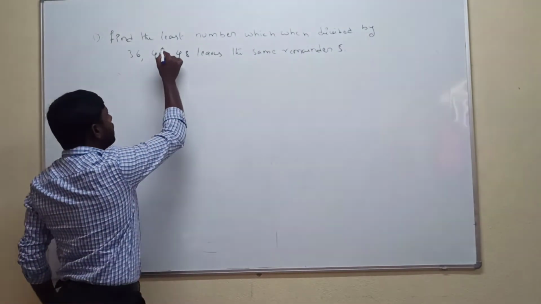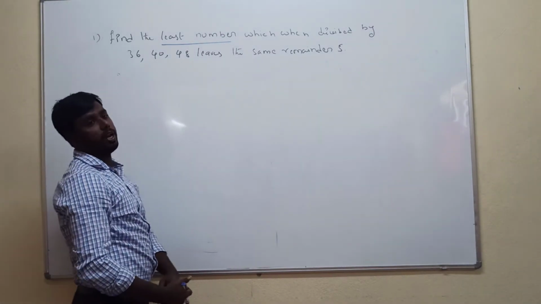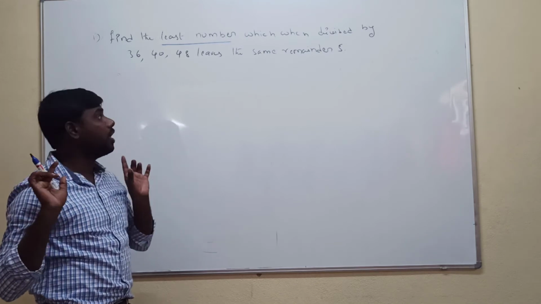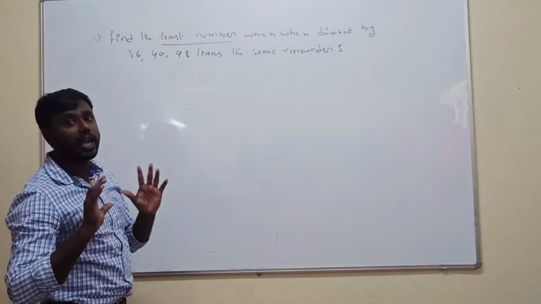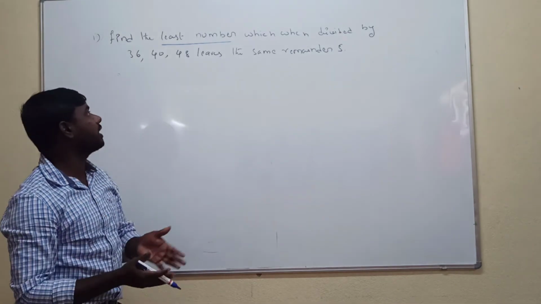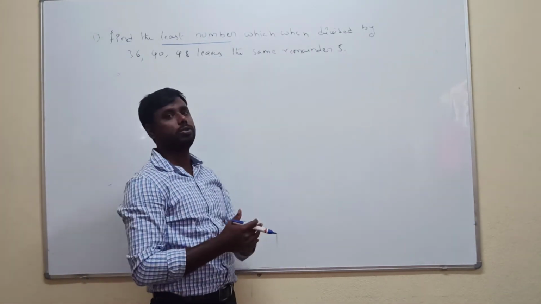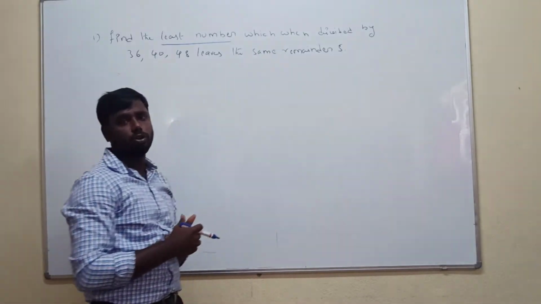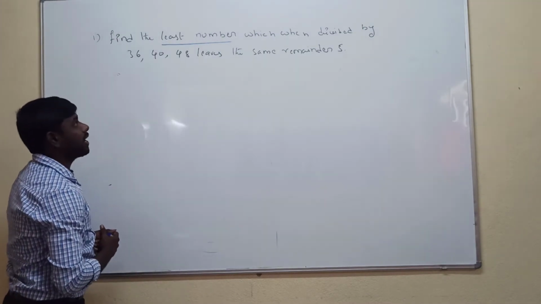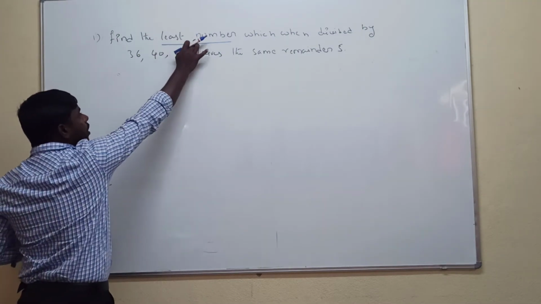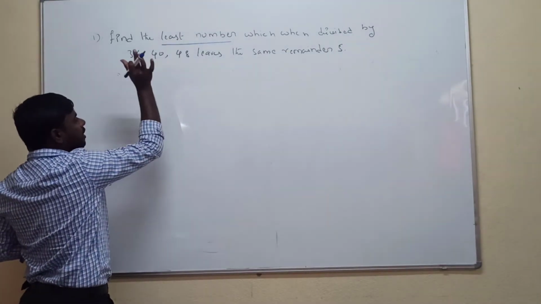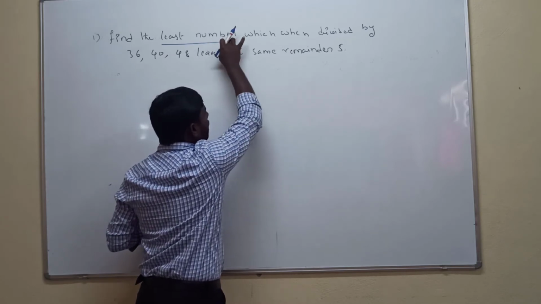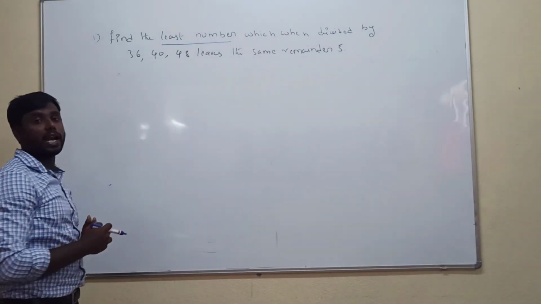Find the least number means to calculate the least number. Already you know LCM stands for least common multiple. Least is there. That's why, what are the given numbers to calculate LCM? Add the 5. Whenever each number is divided by this number, the remainder will be 5. To calculate the least number, that least number divisible by the given numbers, definitely the remainder will be 5.